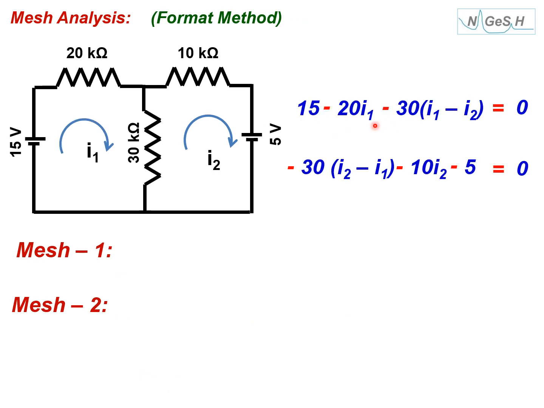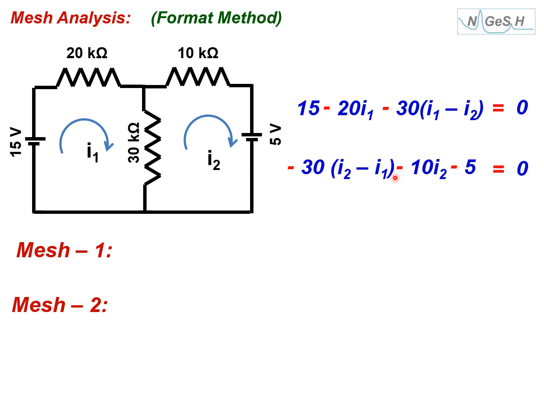Now we have two equations here for this circuit, and by solving these two equations, we can find the values of current I1 and I2. Only thing is that you have to rearrange these terms a little so that all I1s are in one column, all I2s are in one column, and you can solve them. The actual basic concept is here: apply Kirchhoff's voltage law and the current law implicitly. If you understand, you can write this equation for any complicated circuit.